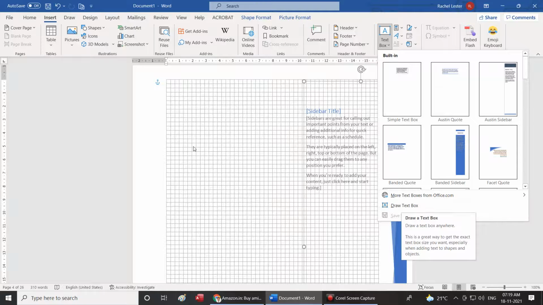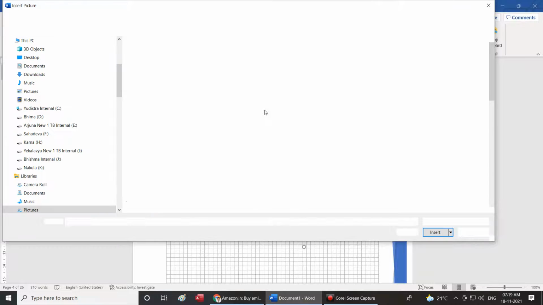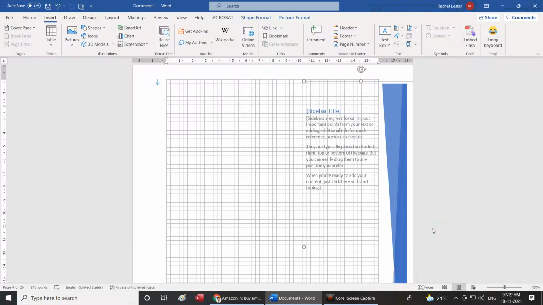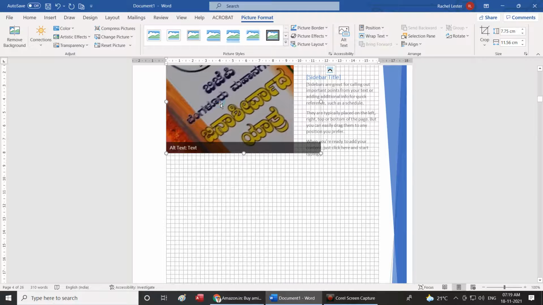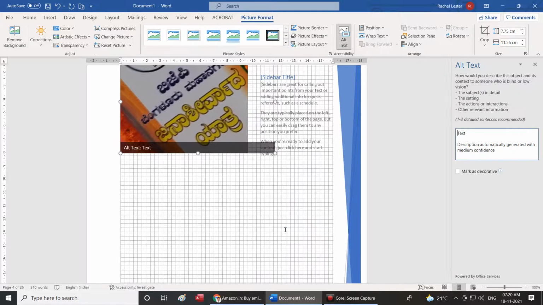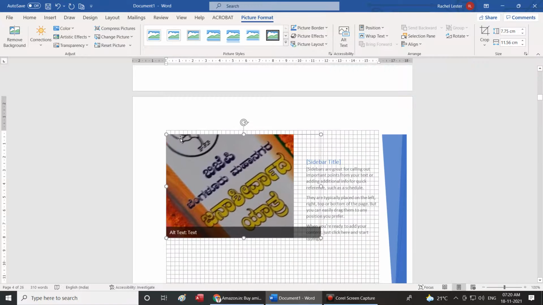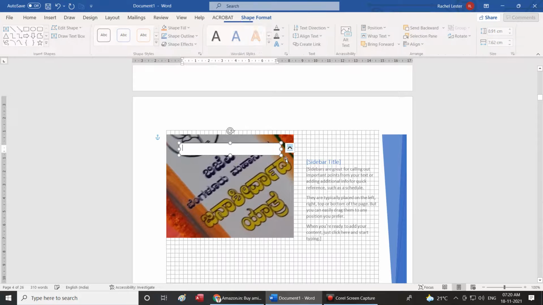Where this is used in emergency is, if at all I insert a picture, I can go and I can insert the text. Okay, so I can right click, change picture, insert the text also inside this, edit alt text, that also can be done. But instead of that, if you wanted to have one heading here, one more heading at the bottom, the best way to do is you can use what is called as draw text box, and you can put a small text box here.